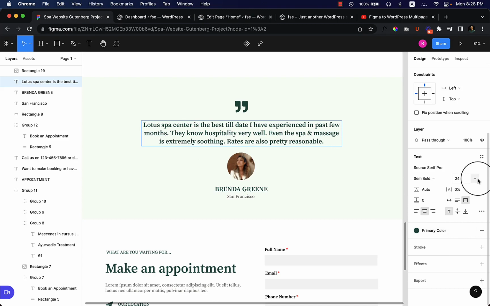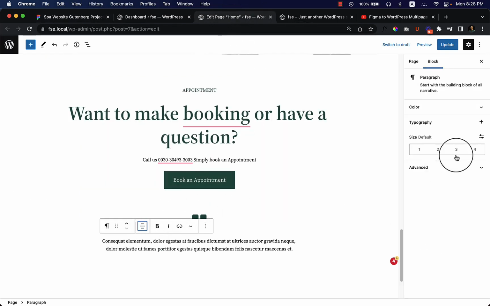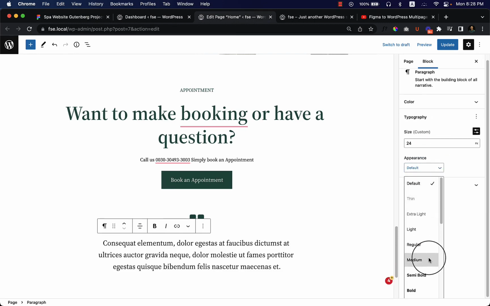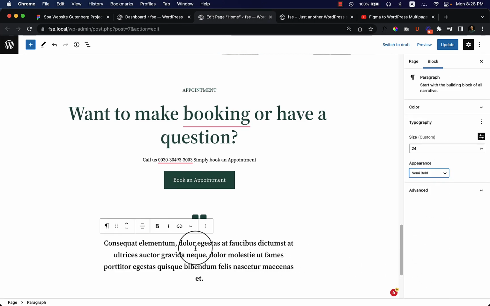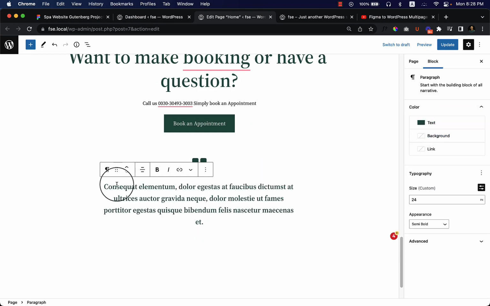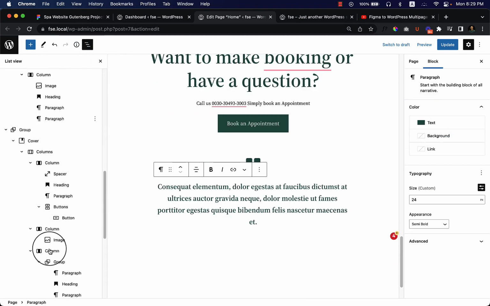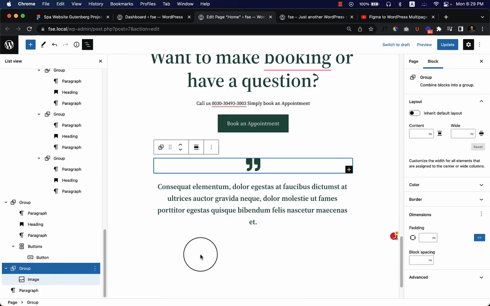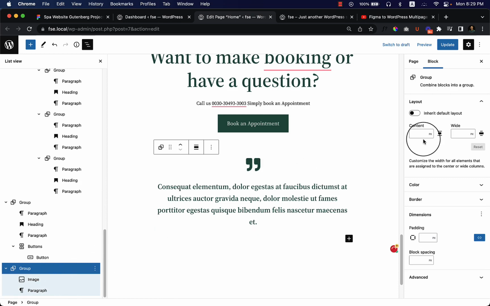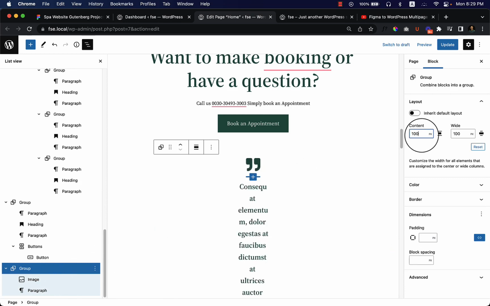Now if I select the text, it's 24 pixel and semi bold, and also the primary color is selected here. Let's change it to 24 pixel, and also click on the plus icon to add appearance and make it semi bold, and change the color to primary color. So if I open the list view and select group, I can only see the images inside the group. So let's drag the text inside the group also, so that I can control them, and make width 1000 pixel,